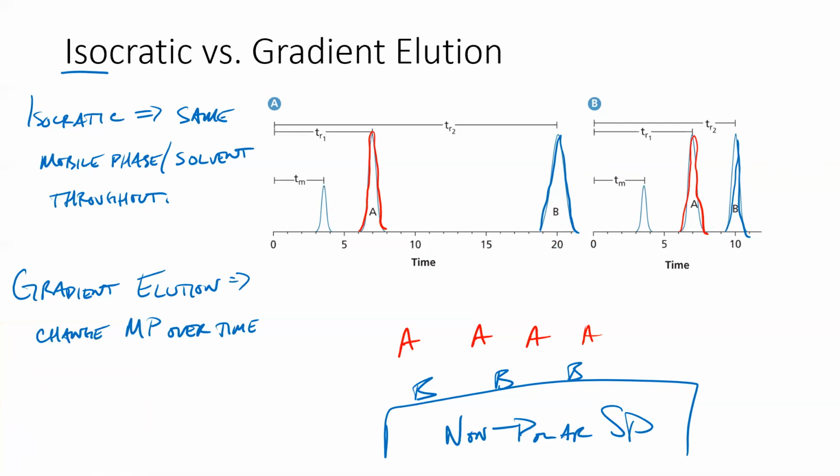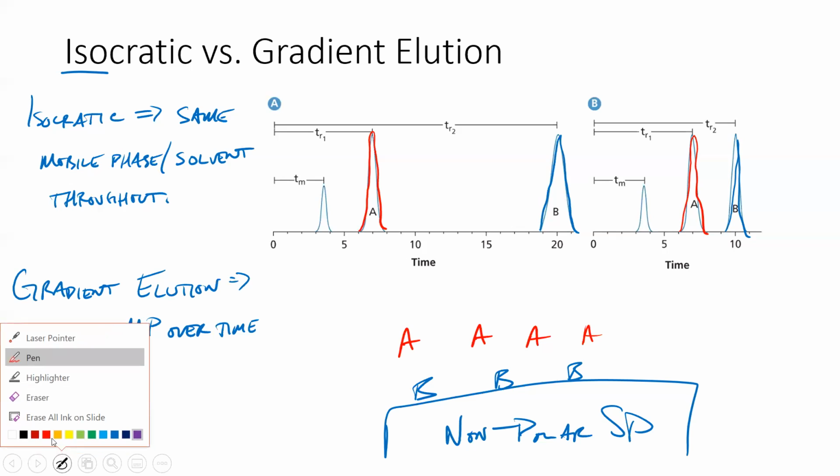This particular example is about shortening that distance and keeping your runs to a manageable length. But you could have, let's say that this B peak was really two different things, right? Two different things that are both pretty nonpolar, but because they're both nonpolar, they interact with the solvent about the same. Well, we could set it to where,